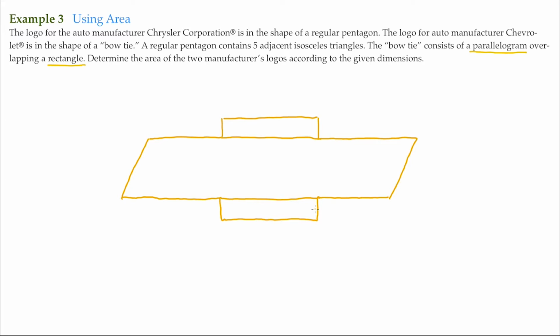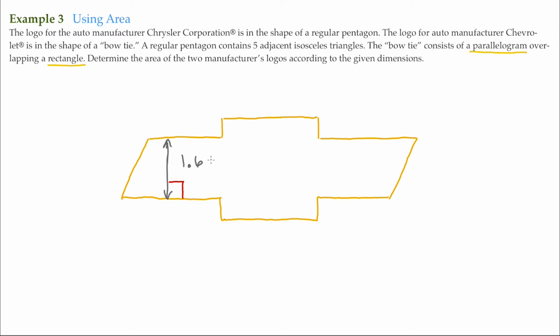Now this parallelogram is sitting right over the center of the rectangle, and here's our rectangle here. So if we go back to here, we have these given dimensions. We have a height of our parallelogram, and this is a perpendicular height. So I'm going to put in our 90-degree angle here,